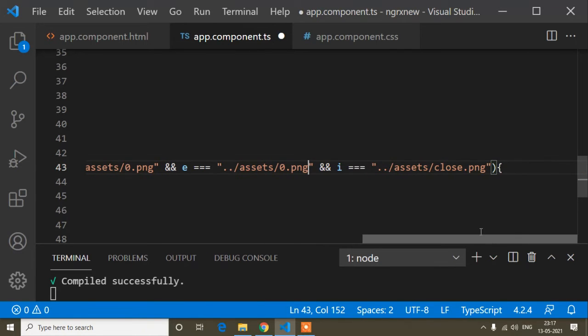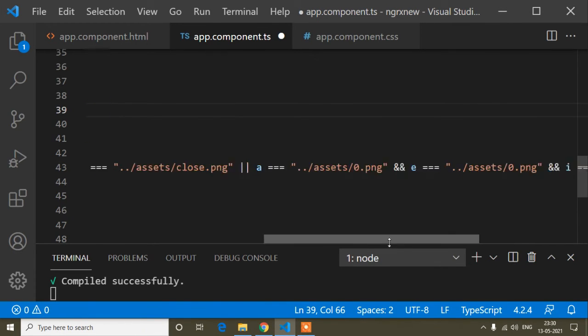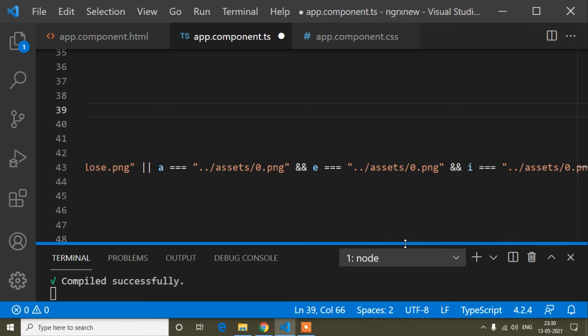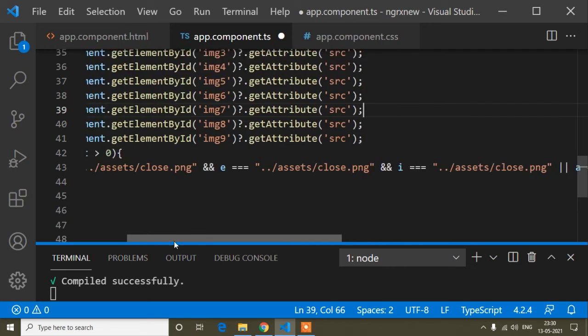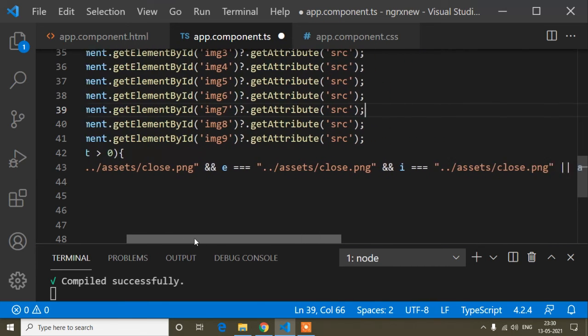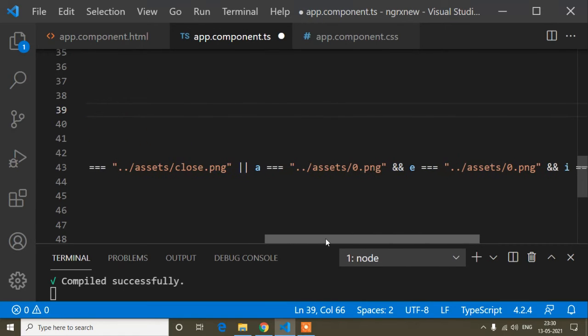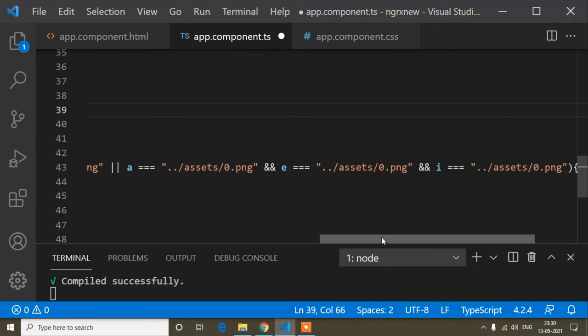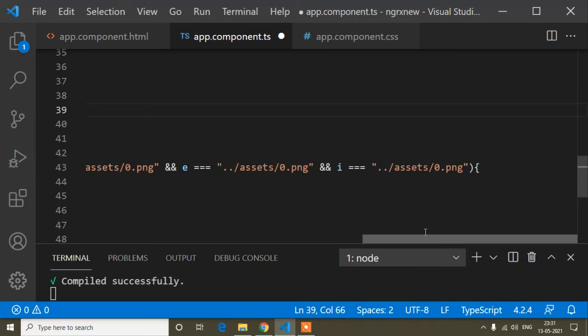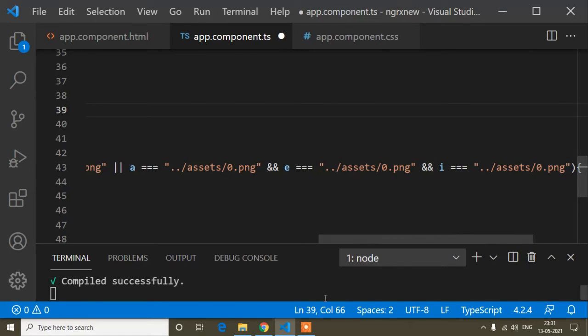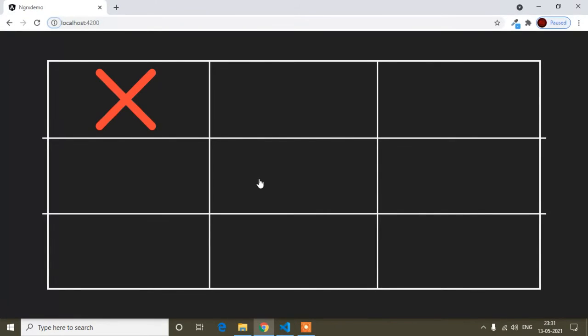So guys, first of all A E I if this matched by close icon, or otherwise if A, E and I matched by 0. And A, E, I means A, E, I, because A, B, C, D, E, F, G, H, I. So A, E, I. Okay.